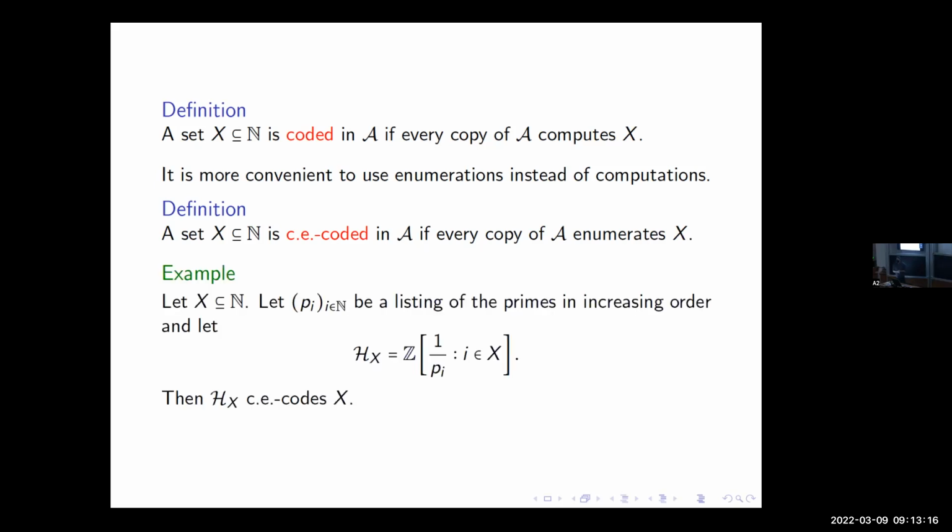Then maybe a canonical example just to keep in mind is a group. If you take the integers and you take some set x, and we want to code x into a group, we could list out all the primes in increasing order, any kind of computable list will do. Then we make one divisible by a prime depending on whether or not the corresponding index is in x. If you think about this, from any copy of this group, you can fix the element 1, look at who it's divisible by, and by doing that, you can enumerate back the set x. This is a canonical group CE coding the set x.